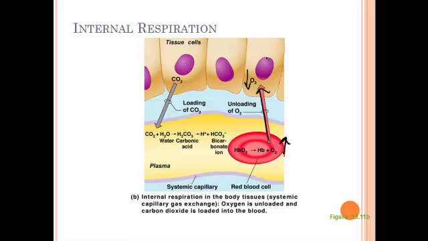As cells burn oxygen and food to produce energy, the amount of CO2 inside the cells increases. As CO2 increases, we end up with a higher concentration inside the cells than inside the blood, because the blood has already dumped off the CO2 in the lungs. And so we have a lower concentration here, so CO2 wants to move into the blood, where it will then promptly mix with water to form carbonic acid, which will then form bicarbonate ion and affect the pH of the blood.